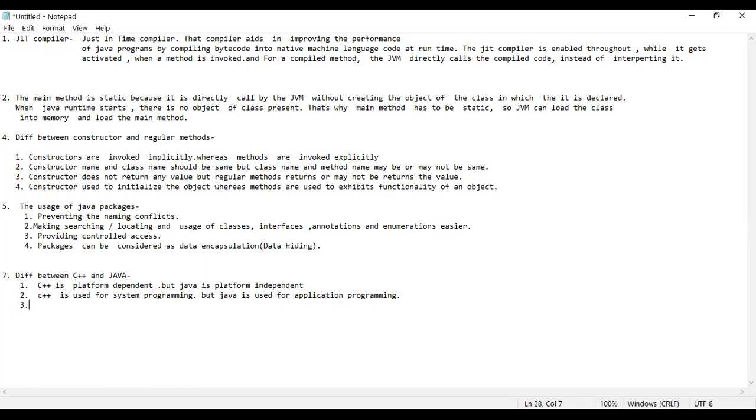C++ has a goto statement, or Java has no goto statement. Replacement is